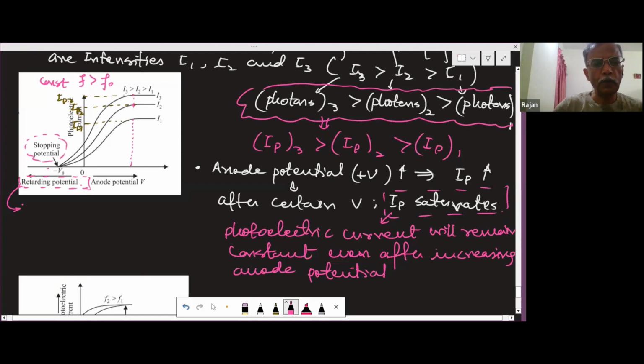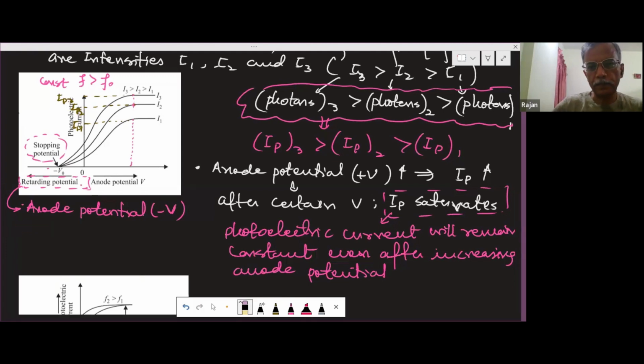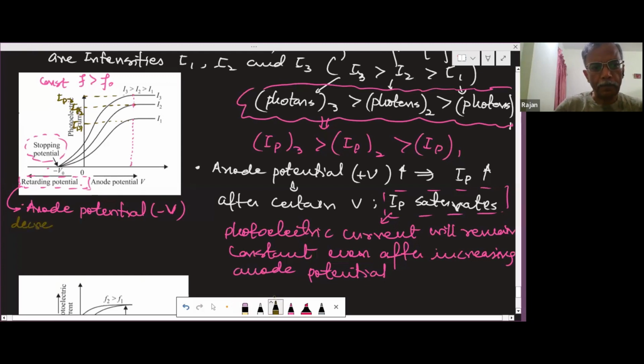If the anode potential, that is negative V, goes on the negative side, so it further decreases, I mean more negative,